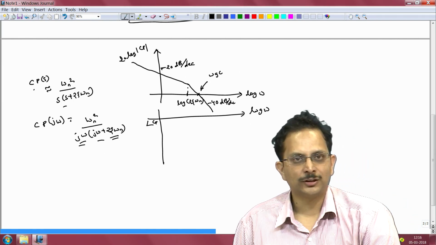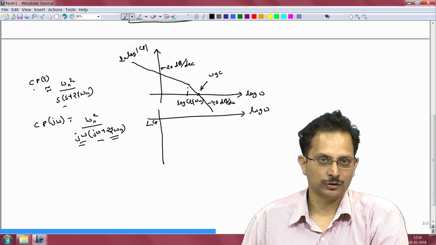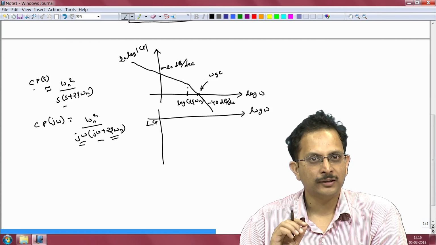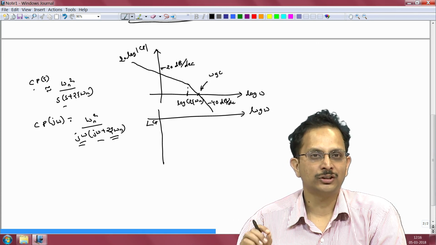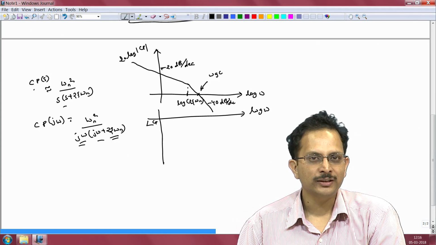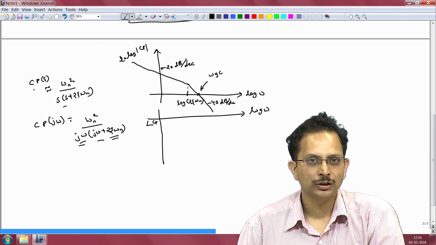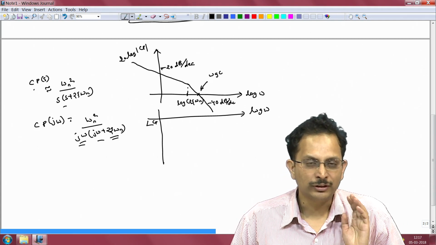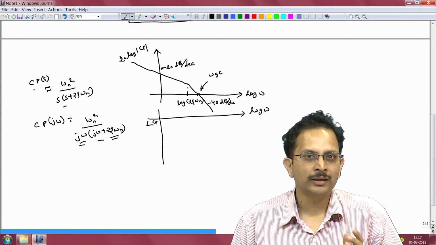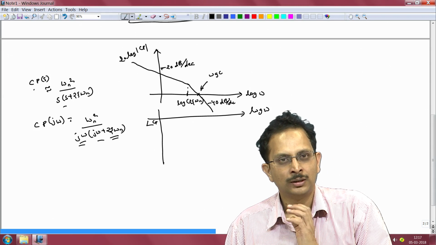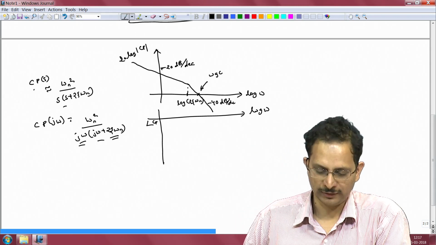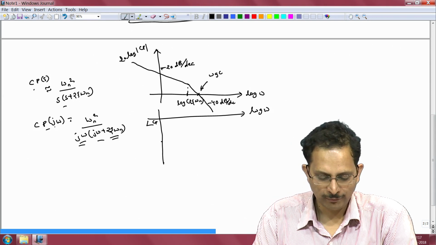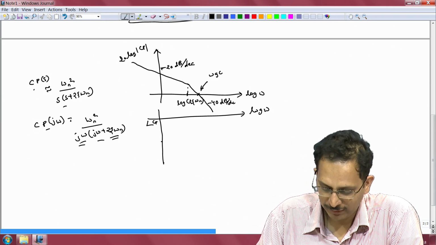How will the phase response look? The approximate phase response. I want to emphasize that we have not yet designed the controller, so we have not yet determined the exact transfer function C times P. All we are doing is coming up with an approximate transfer function that will allow us to get the approximate closed loop transfer function, which in turn was useful in transferring the time domain closed loop specifications to frequency domain closed loop specifications. So, the phase response for this transfer function C times P will start at minus 90 degrees because we have an integrator here.